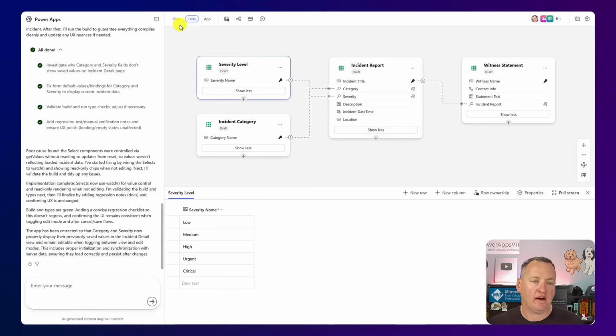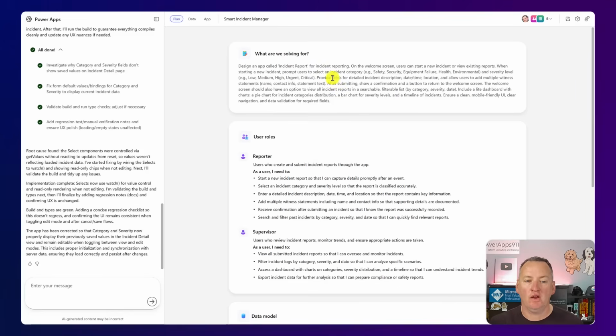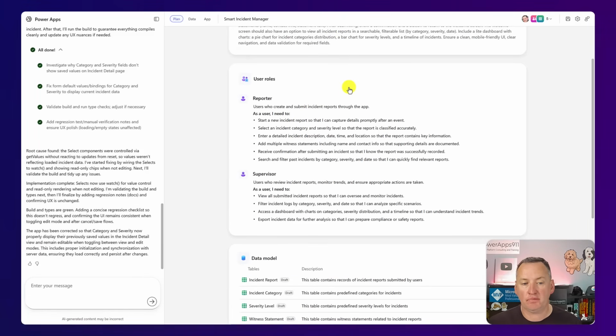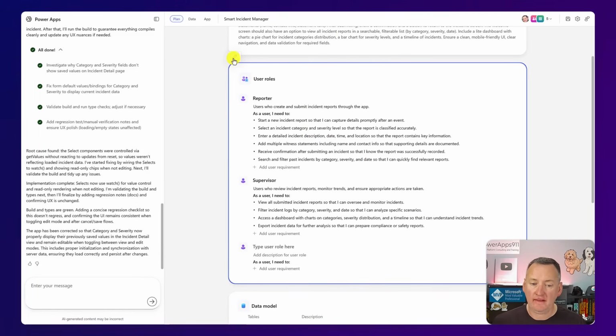And then speaking of edits, if we go here to plan, there's our original statement. Here are the user roles that it brought out with that. You could edit these, right? So if after you wrote this statement, you weren't happy with the app it built, come back in here and rework your user requirements. You can do it manually through this interface. You could go over here to the prompt and add user requirements, but you can continue to refine the plan